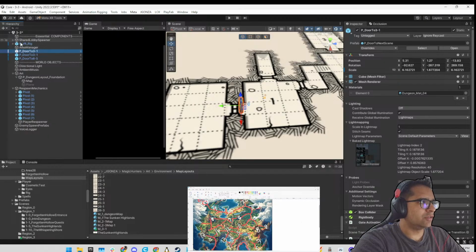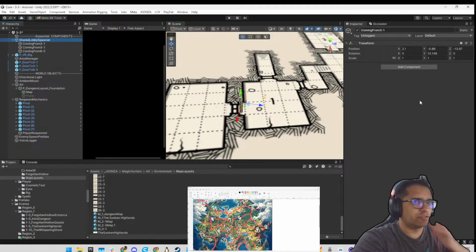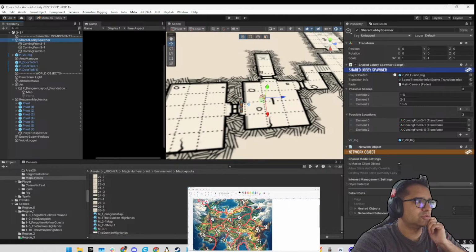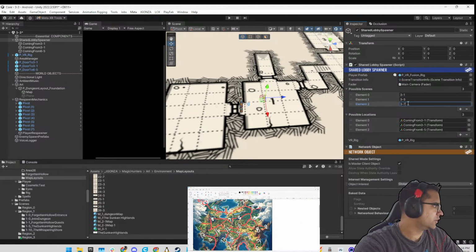And then we have these that tell me coming from 3-1. And so I have to have these ready in here, because that's how the scene transitions will go. And you come from 3-5 and you have 3-7, I think, and then